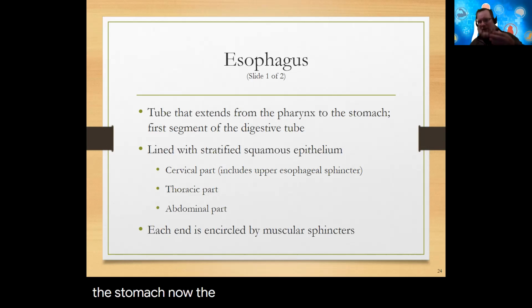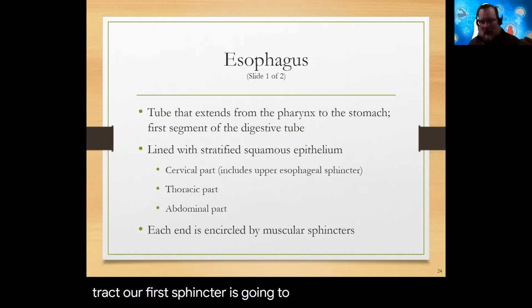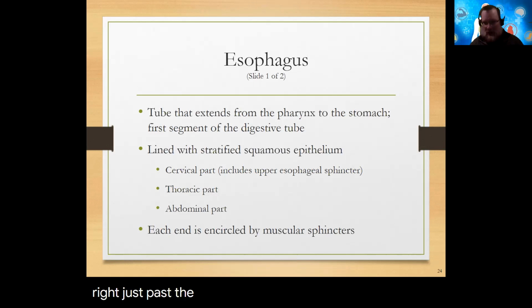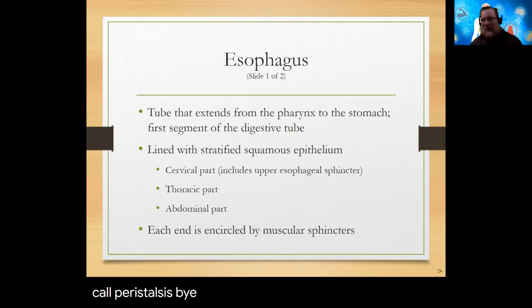Now, we're going to see sphincters throughout the rest of the digestive tract. Our first sphincter is going to be what they call the upper esophageal sphincter, the UES. That's going to be right just past the pharyngeal area, just as the food is leaving the mouth and the pharynx. A little sphincter is going to open up, and now you're in the esophagus. And as food gets squeezed through by what we call peristalsis, by the esophageal muscles,